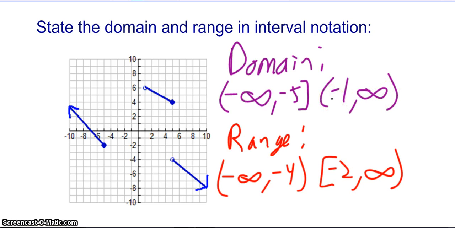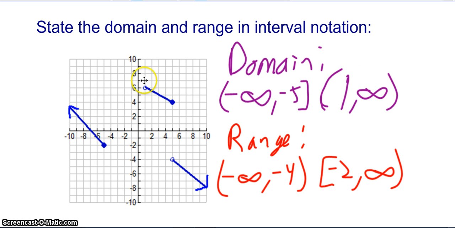Now, how do we get that if we did not get that answer correct? Well, this piece right here is going to continue to go to the left forever, so I know I'm starting at negative infinity. Now, as I trace this to the right, this piece stops at negative 5, but it includes negative 5. Now I have a gap in the x direction until I touch right here. This is at positive 1, so I apologize. We'll call it a typo. So this should be 1